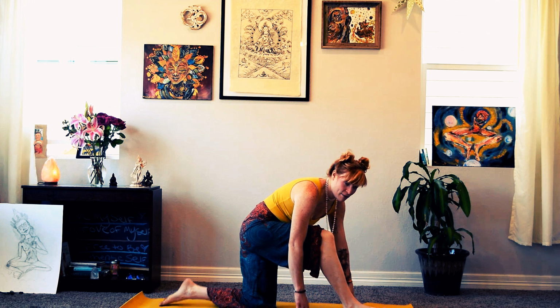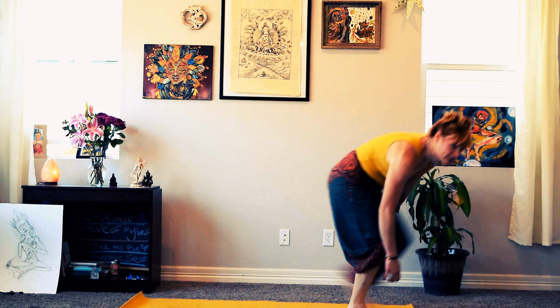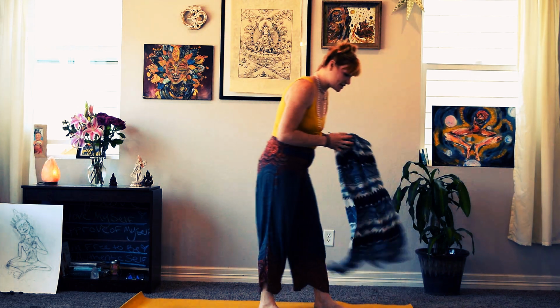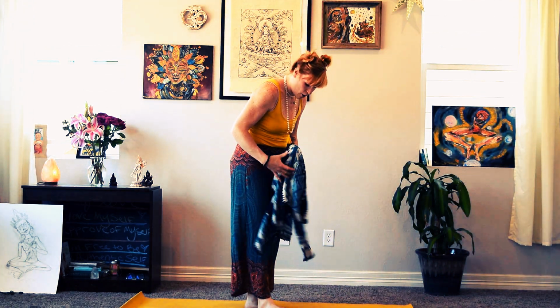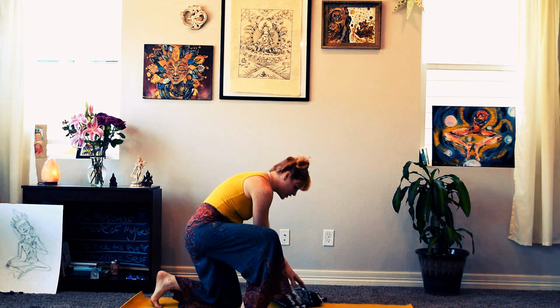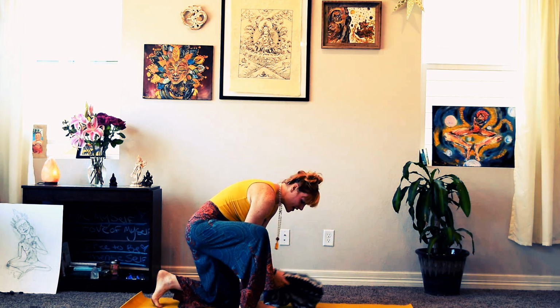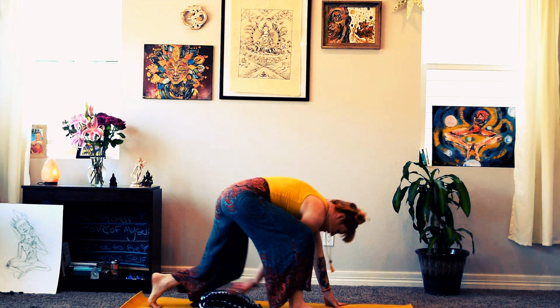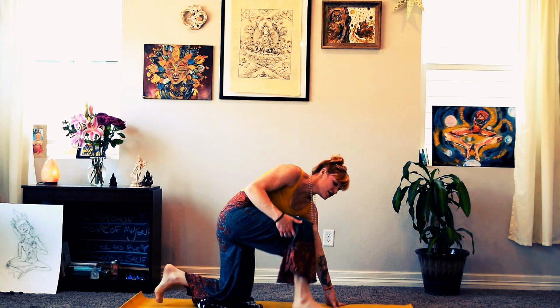And if you have a blanket here, would be a great thing to grab. A blanket under the knee is always great. In one of my home practice classes, I have a student, and I have been teaching her several times, and I noticed that she had 3 mats. And I finally asked her one day, why do you have 3 mats? And she said,